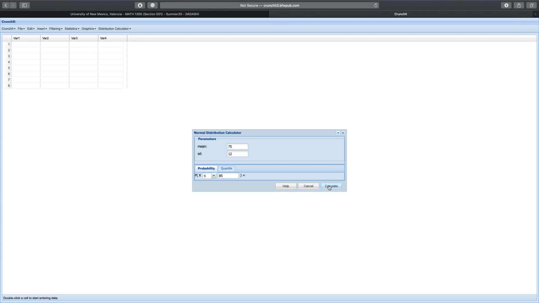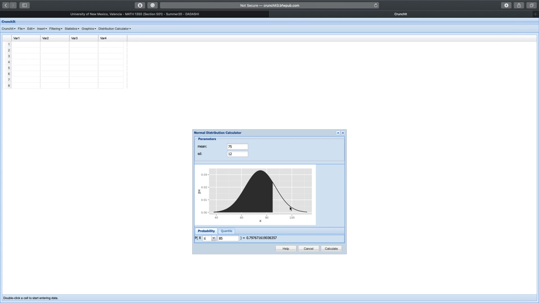We choose calculate and it shows the shaded area on the left side of 85, which means this is the